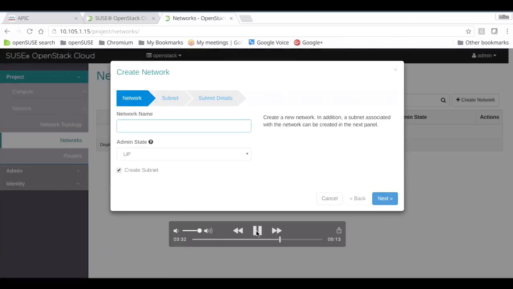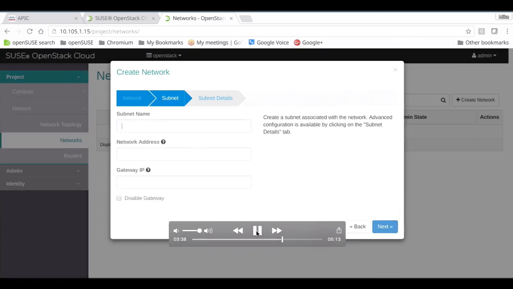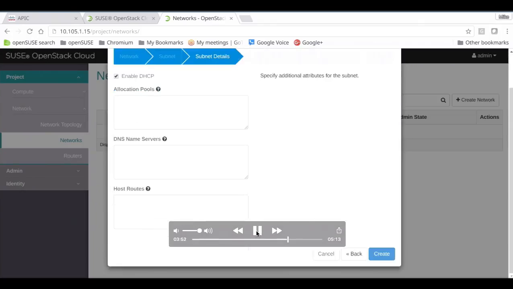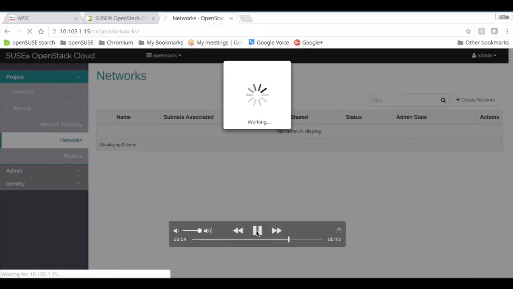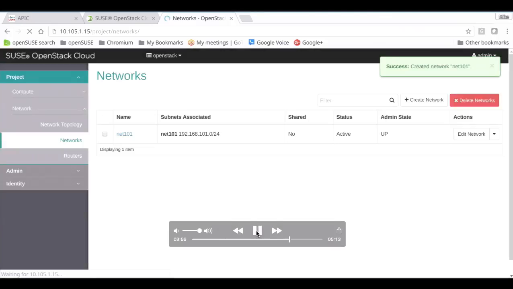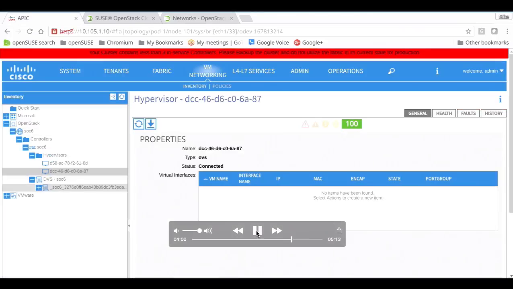Now this is thinking about a network, a subnet, a VLAN, all those kind of things. So you have to give it specific networking details, like its network address, like 192.168.101.0 with a /24 subnet. And you have to make sure if you need it, and you have to put in all these networking things that drive people crazy. But when all is said and done, what has happened is SUSE OpenStack Cloud has now